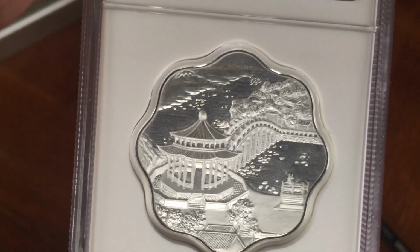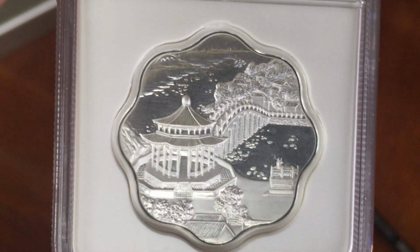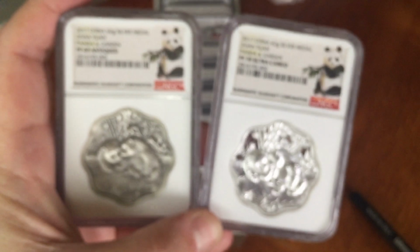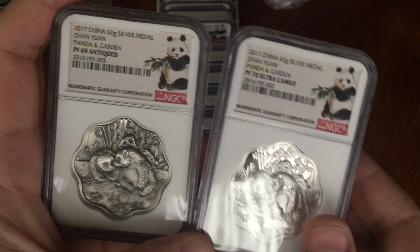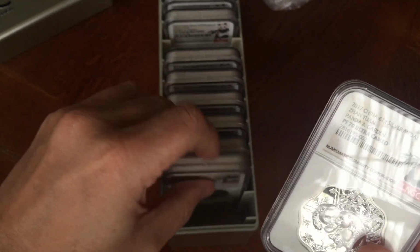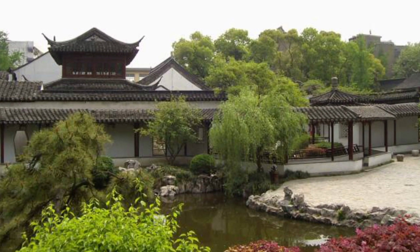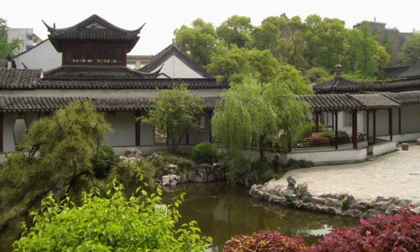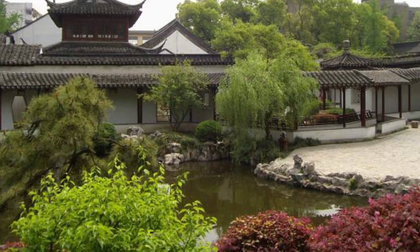So all of these medals are produced by the XSJ, codename XSJ Mint, and they're the new Shanghai medal company, which is partly owned by the Shanghai Mint or people connected with the Shanghai Mint, but basically for a long period of time they've been working together with the Shanghai Mint to produce excellent quality medals, and they've been used for the Panda Garden series. So this first medal, just to recap,